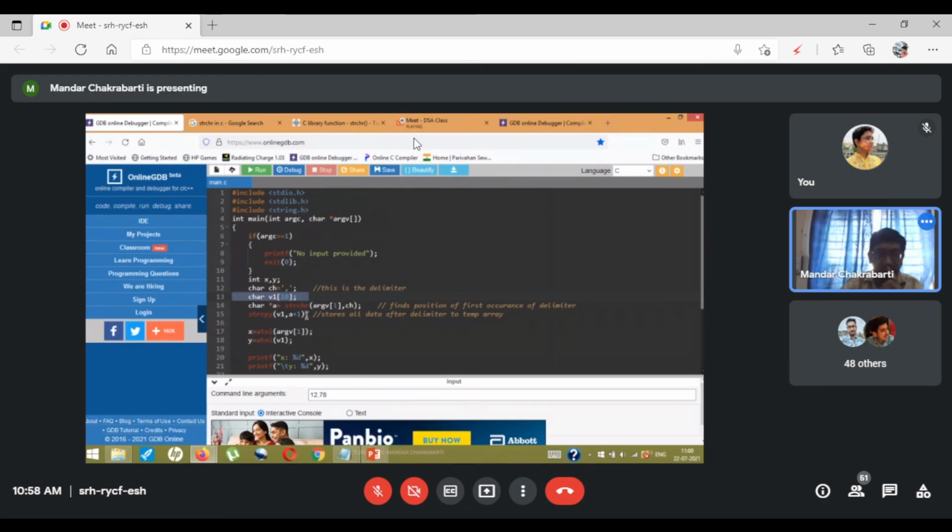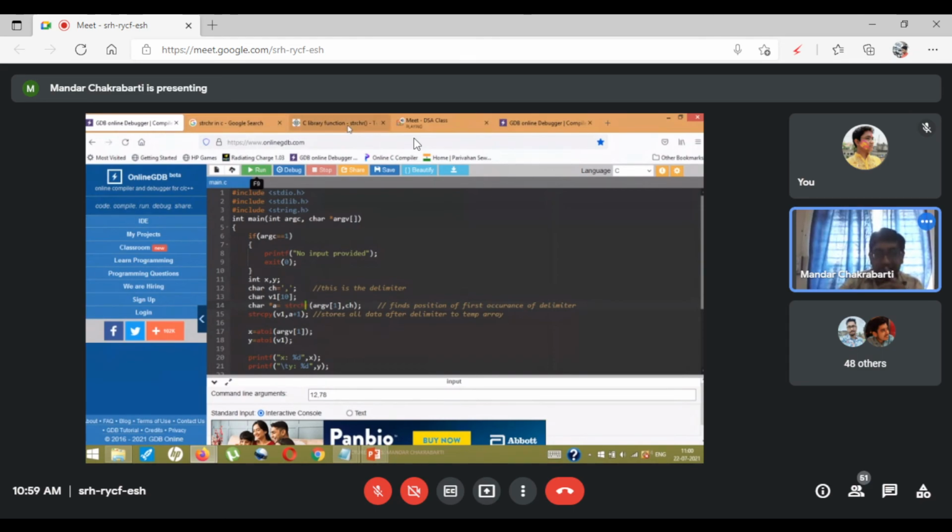We'll discuss it. Then I use this particular command, strchr. Sorry, it's not a string compare function. This is for finding the existence of a character or substring. There is strchr, which finds the first occurrence of a character, and there is also strstr, which finds the first occurrence of a string itself, a substring. In this particular case, I just need the character only.